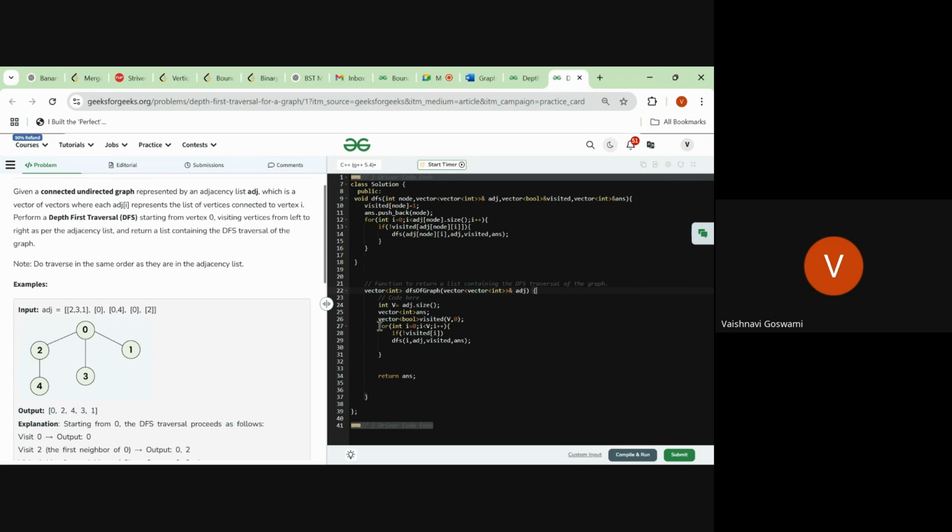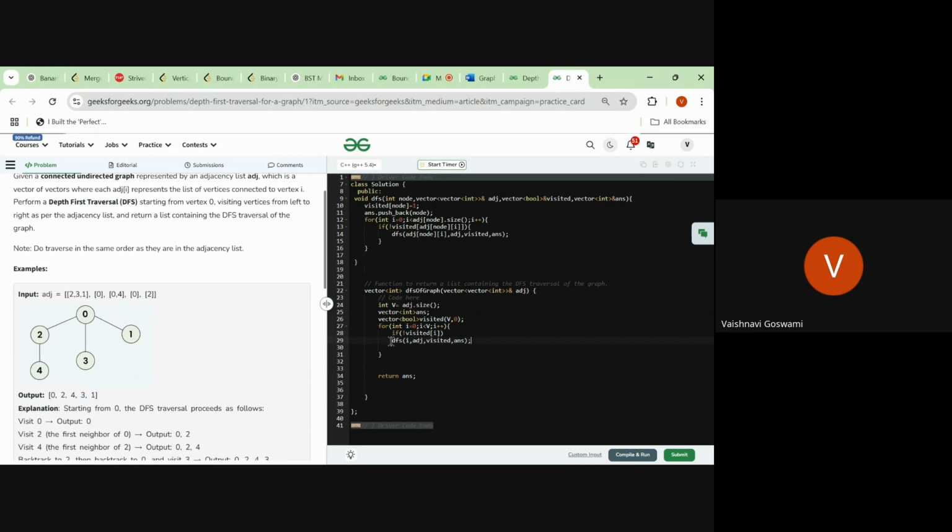So that's why we will make a for loop from 0 till the number of vertices, and if any vertex is not visited, we will make a DFS call for that vertex. Like before we were making this DFS call from the source only. Now we will make this call from all the vertices. Like first, if you start from 0, obviously all will be visited in one go only. All others will return false in the for loop.